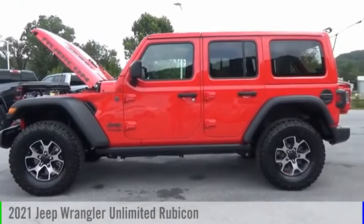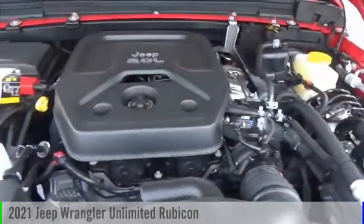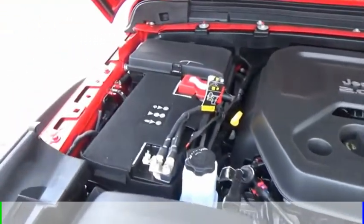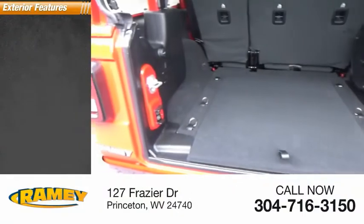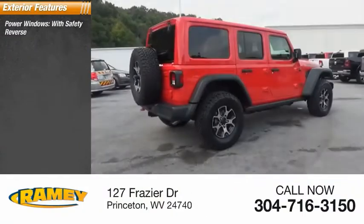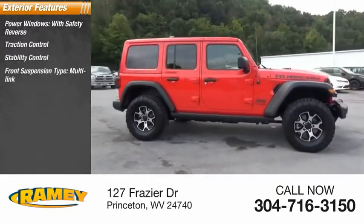Take a ride in the 2021 Jeep Wrangler Unlimited. This vehicle is powered by a four-wheel drive, four-cylinder, 2.0-liter engine. Here are some of this vehicle's great options: power windows with safety reverse, traction control, stability control, front suspension type,